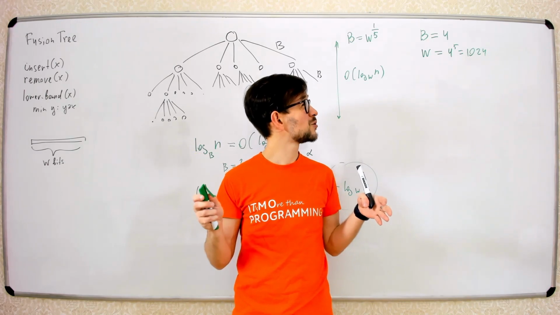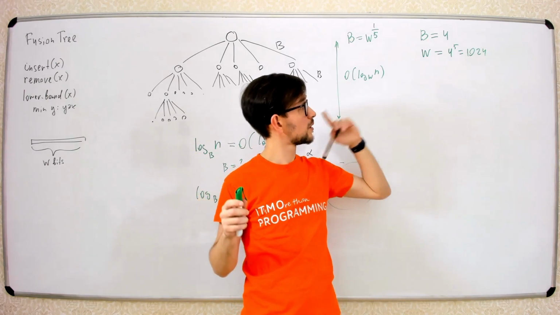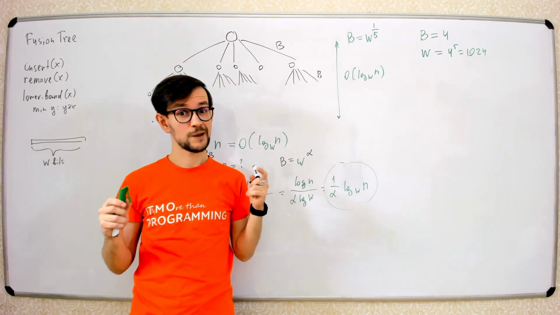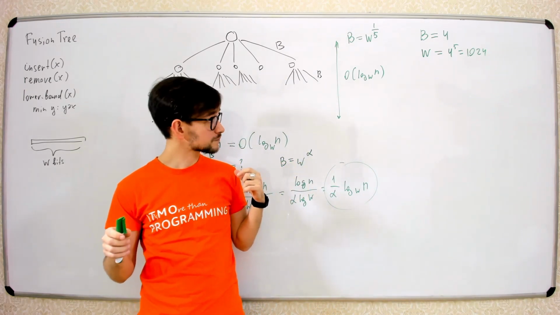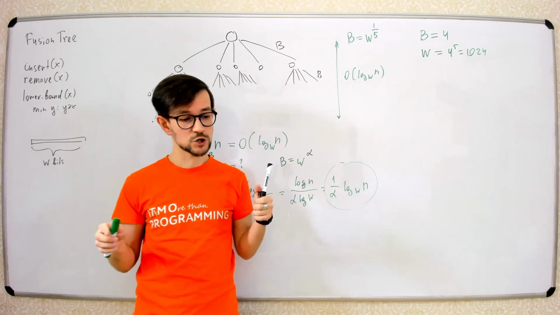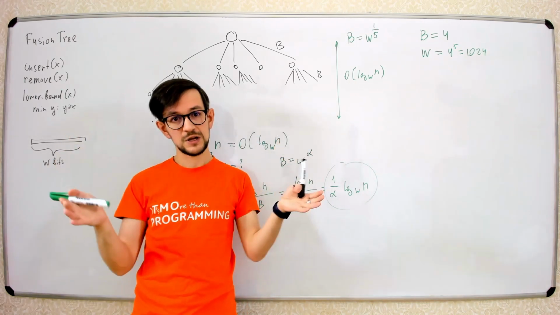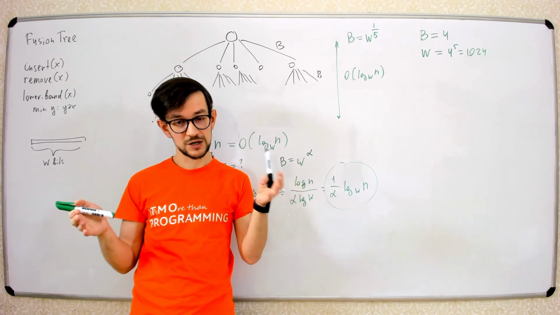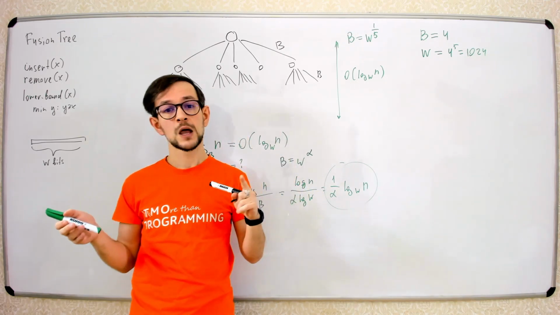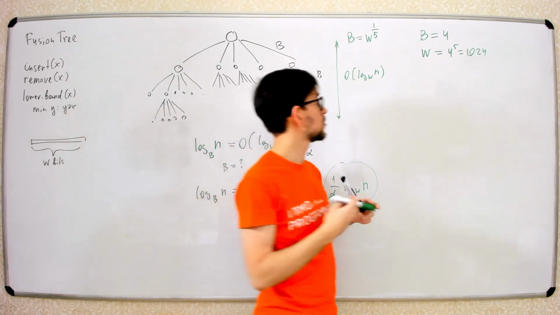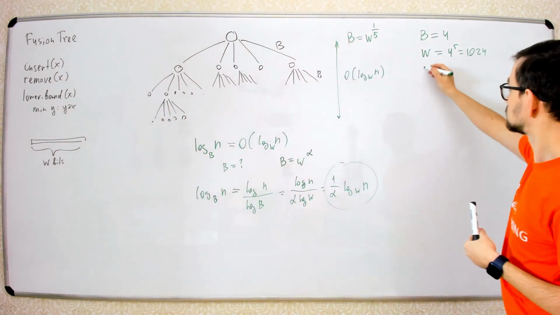We don't usually have machines with 1024-bit integers. Yeah, so it's kind of hard to implement. If you want to make this structure even more effective, for example, if you want to have a branching factor of 10,